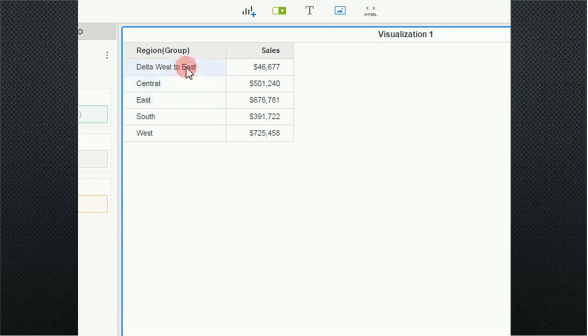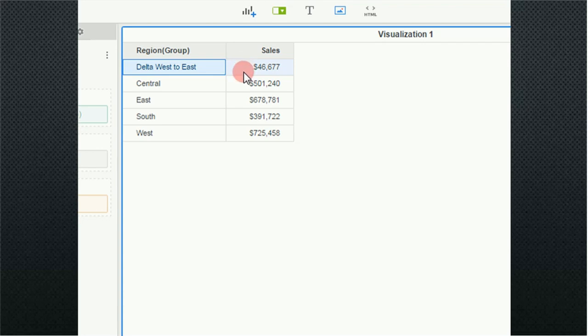But in this case, it is. So in this case, east and west still exist in the report. And the calculation is here at the top. So the difference between east and west is